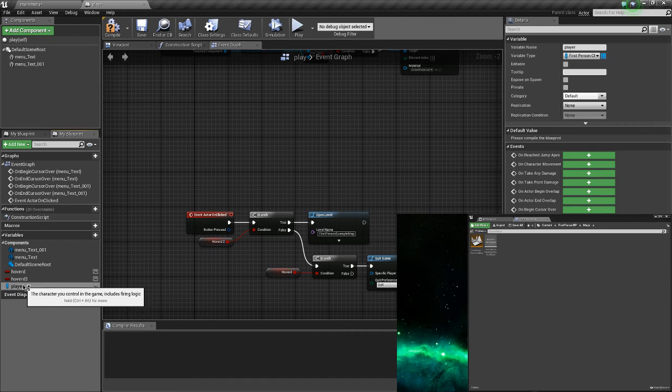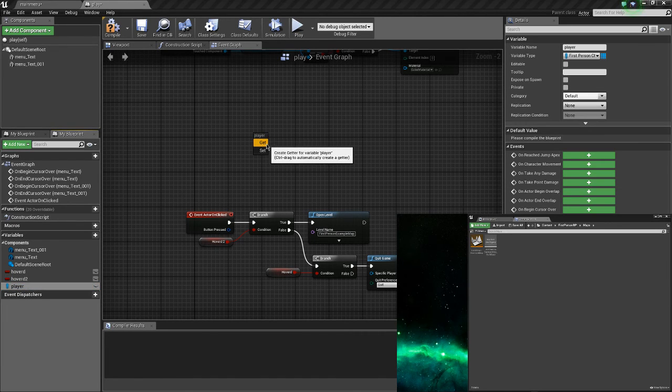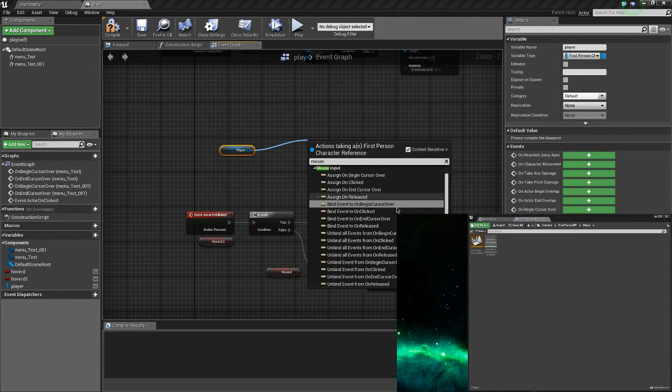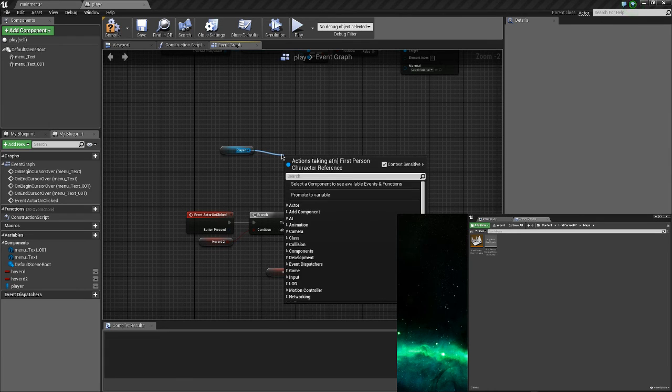And now if we drag that in, we can reference all sorts of things we need off here. So what I need to do is go just type in mouse here, or